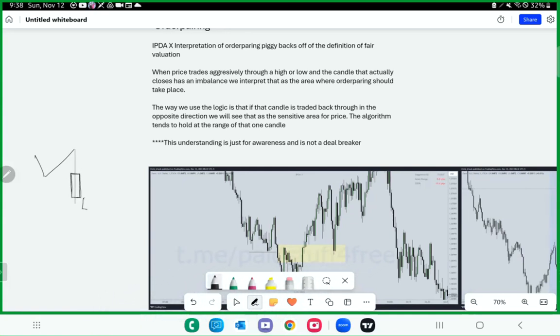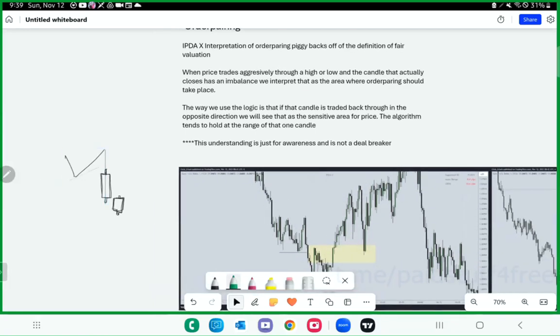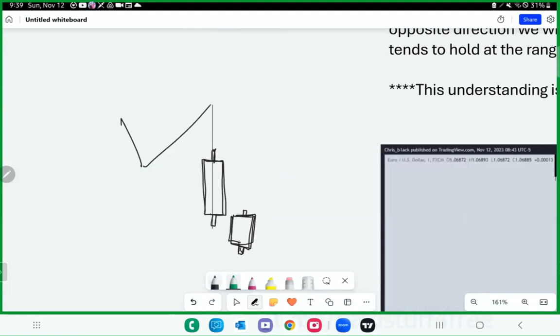So what that means is that within that area, we should see order pairing take place. Because remember, when we see fair value, the market is going to want to trade back and offer fair value to certain, quote unquote, market participants. So if we look at this low here, let me zoom in. If we look at this low,